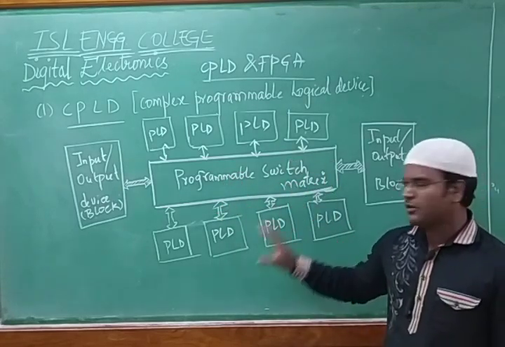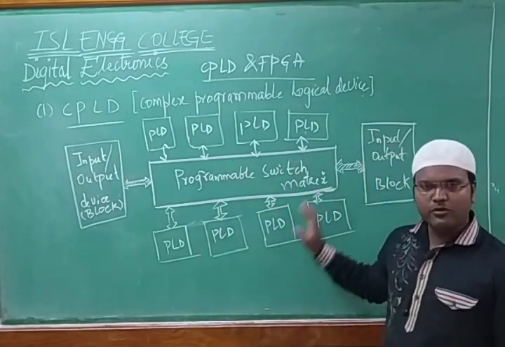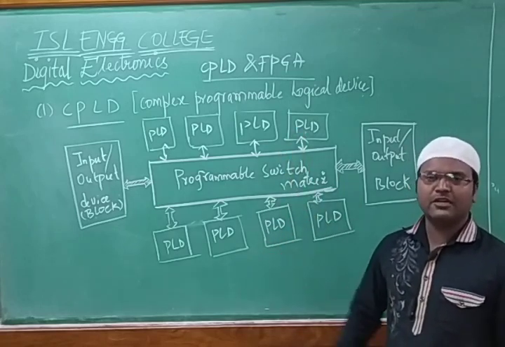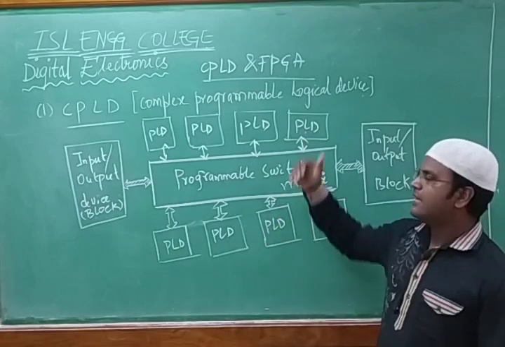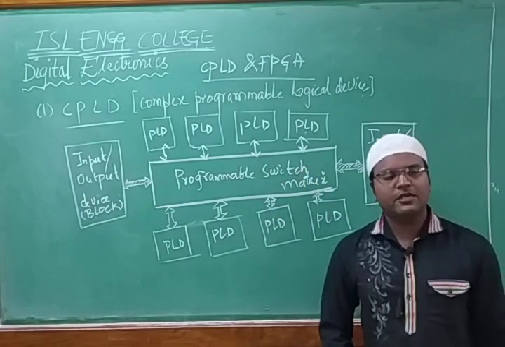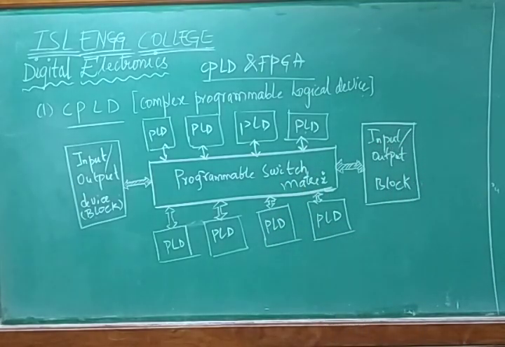Why are we saying matrix? Because we have a number of PLDs. Out of that, it is going to select a particular PLD. When you want to go for selection of those particular PLDs, that can be designed by using the CPLD concepts, that is complex programmable logic devices. Based upon that, it is going to operate on the given value for that particular function. So whenever we want to do any kind of functionality with a CPLD, it is going to operate in this manner.